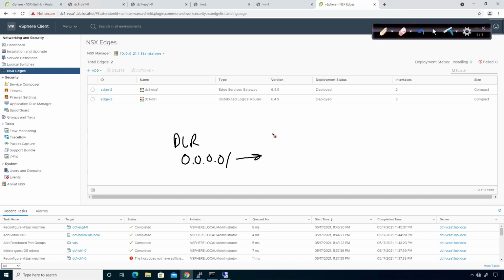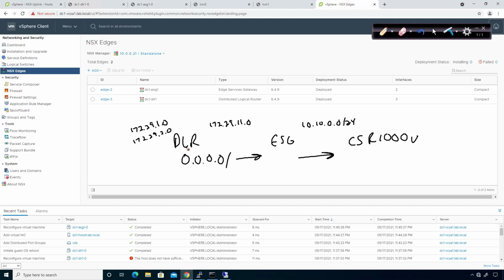pointing this way to my Edge Services Gateway. On the Edge Services Gateway, I have a connection this way to the CSR1000v. This right here is the 10.10.0.0/24. This one here is the 172.29.11.0, and then I have the 172.29.1.0 and 172.29.2.0. What I basically need to do is I need to configure a static route on this guy that points